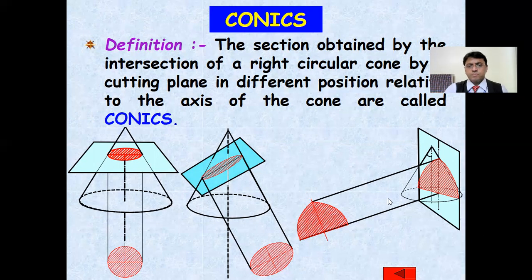And suppose the cutting plane cuts the cone perpendicular to the base and parallel to the axis, and it cuts one of the generators and the base. So the remaining outcome of that conical surface, or conic section, is going to be a parabola. So with respect to this aspect,